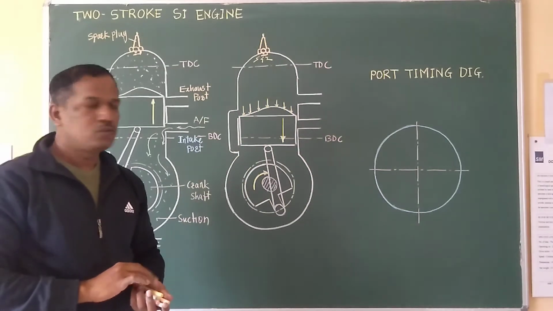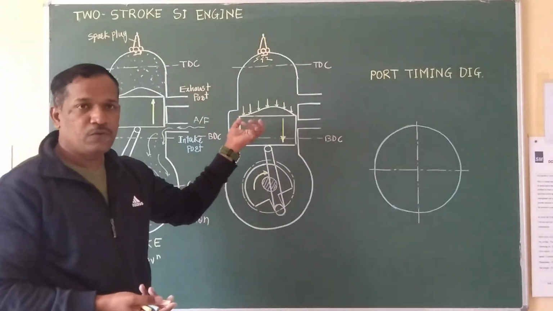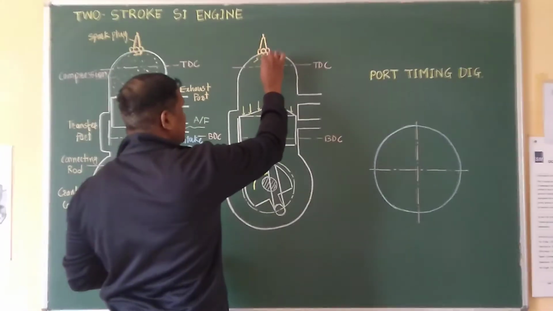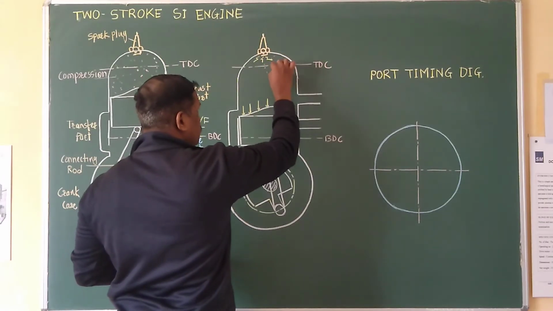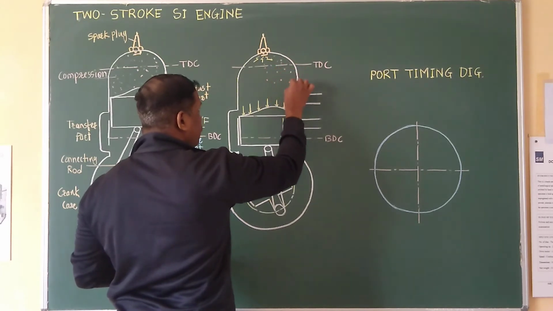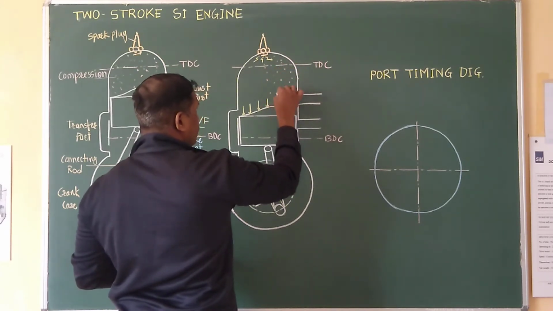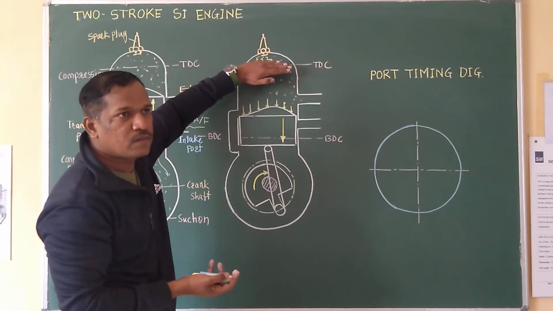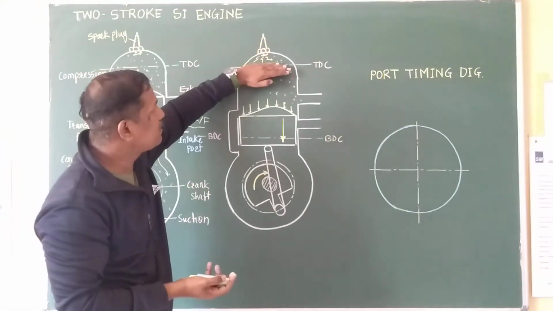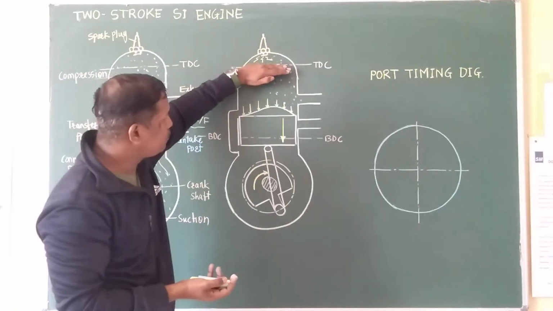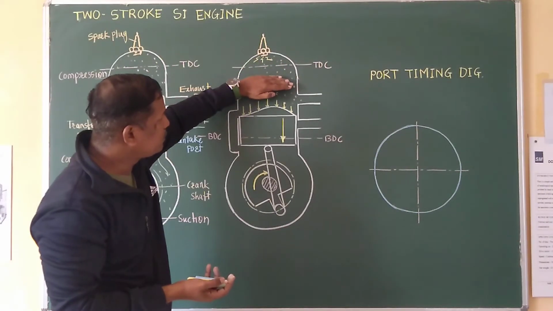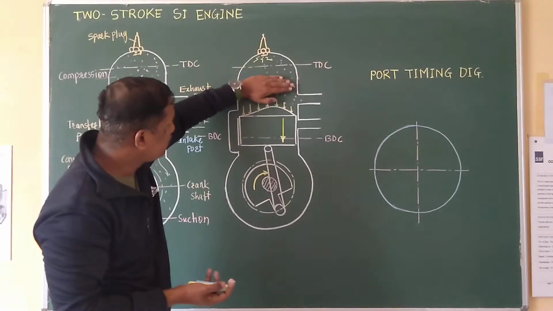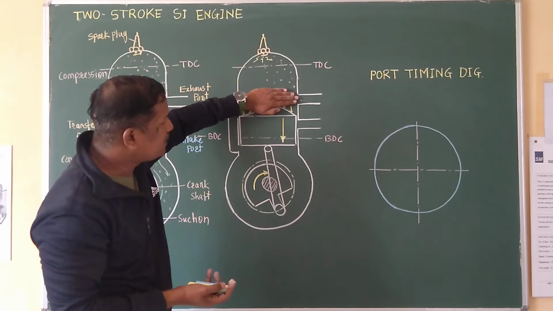That expansion force is applied on the piston and the piston moves downward. So we have to show the expansion force on the piston. So draw arrows on the piston. It will reflect that there is a power stroke and the piston experiences some downward force. So it is reflecting there is power. Due to these expansion forces, the piston moves downward, so the piston movement is now towards BDC. So this is power. Okay.